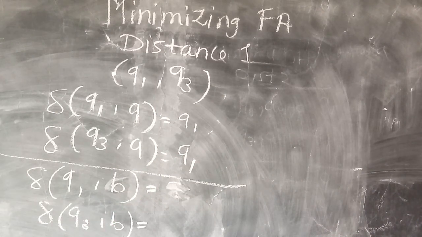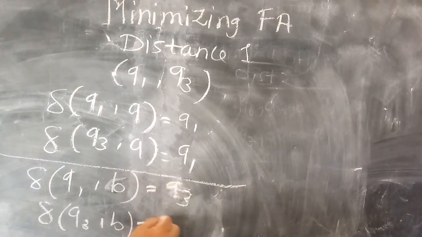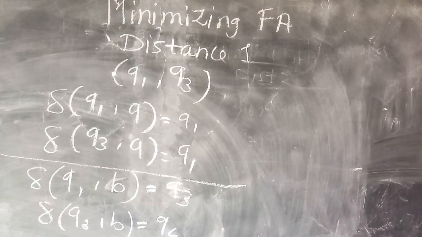Next is Q1 on B. What is Q1 on B? Q1 on B is nothing but Q3. And what is Q3 on B? That is Q4. It is Q3, Q4. Now, carefully